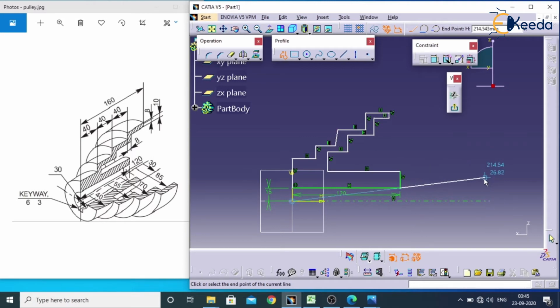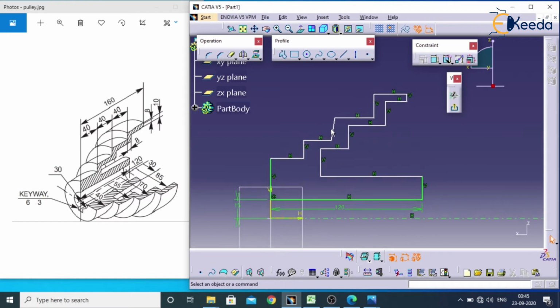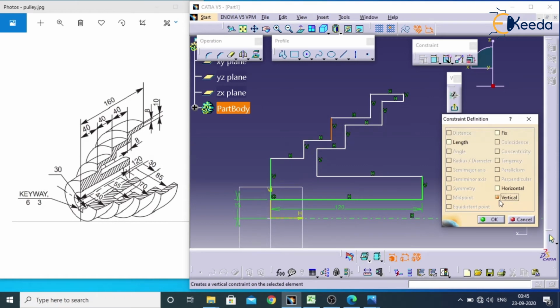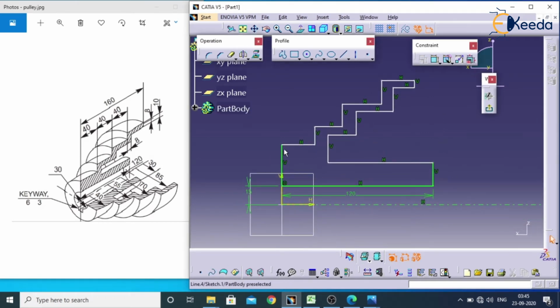Now my sketch is completed. Now this line is crossed, select this, go here and make it vertical. Now this is 30, we have given 15, but this external diameter has a 40 radius, as shown over here.